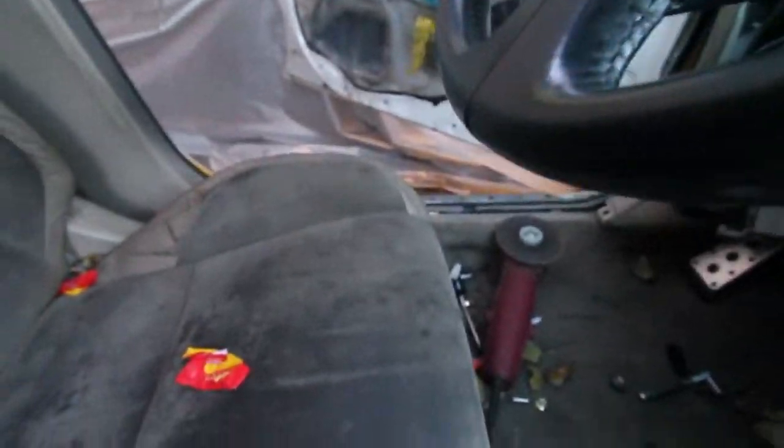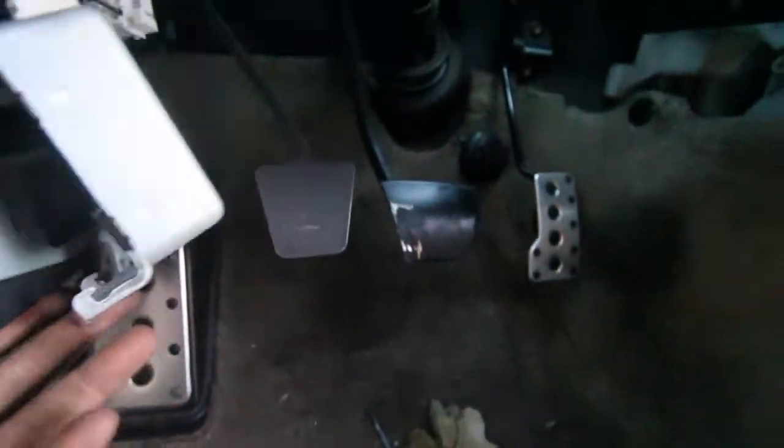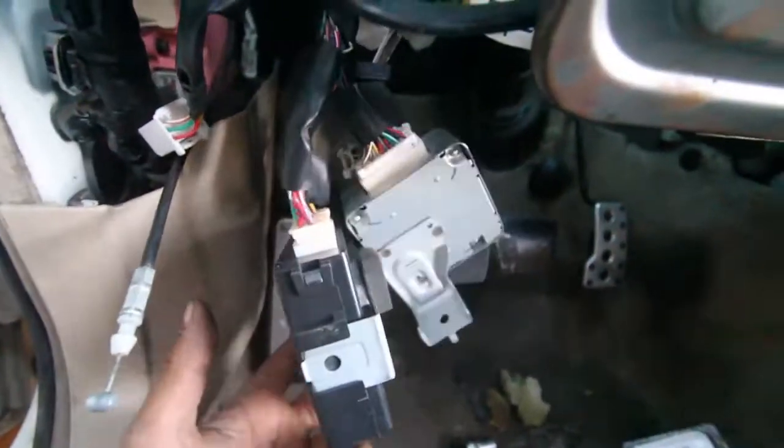Alright you guys, so after getting that pedal all installed, I went ahead and trimmed it a couple times. And this is what I'll be going with. 3 pedals, I think there's plenty of space. You can see this pedal does sit a little further than the brake pedal, but I think it'll be good like this, you guys. Like I said, I think you saw where it mounts way back there, and up there you can see that spacer there. So I've got to get the final torque, get this all hemmed back up, and then we've got our 3